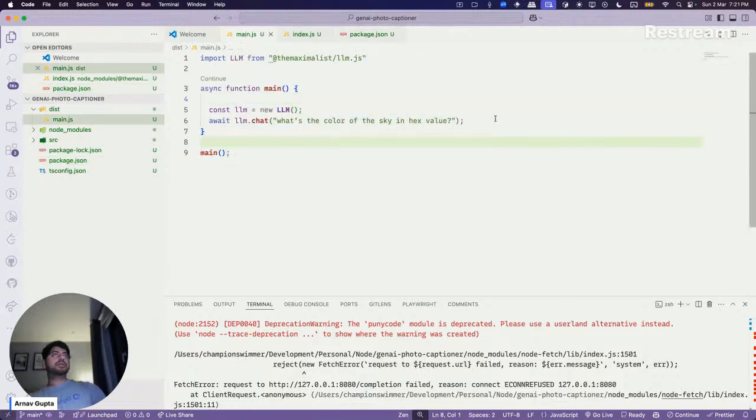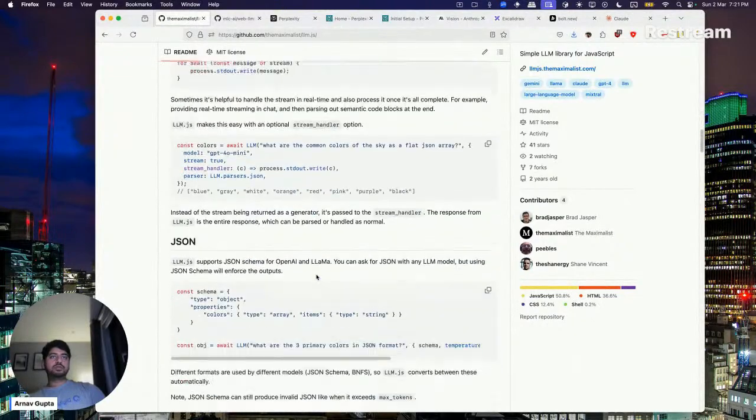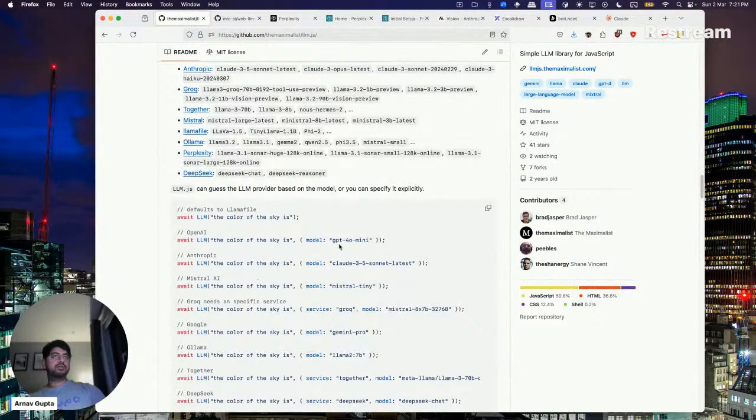It is expecting this to be llama. I don't want this to go to llama. I want this to go to an OpenAI model. So how do we do that? Okay, just like this.